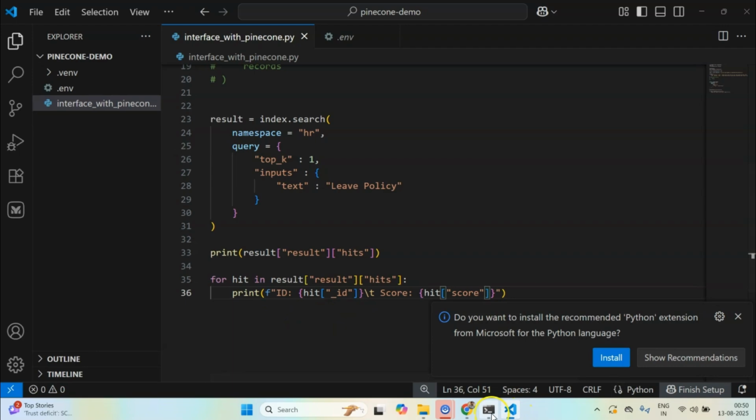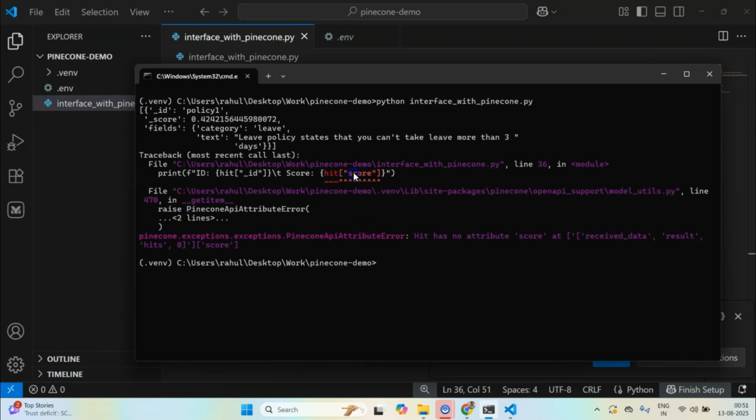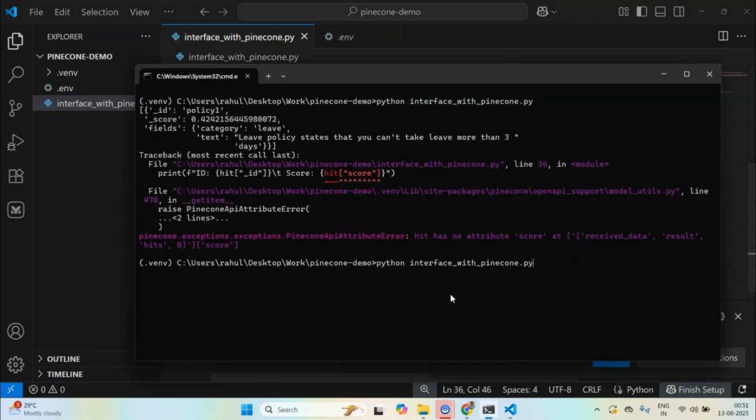Let's try to print this. One second, hit score. Why is it okay? Because score has an underscore before it.